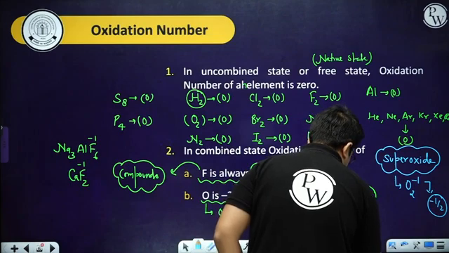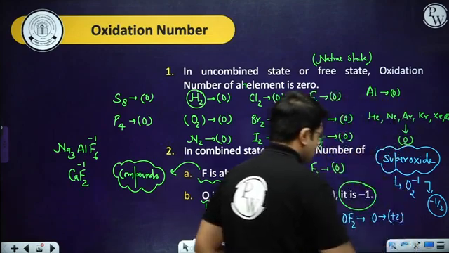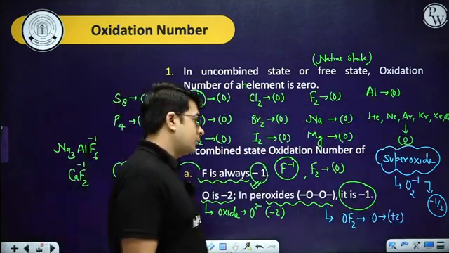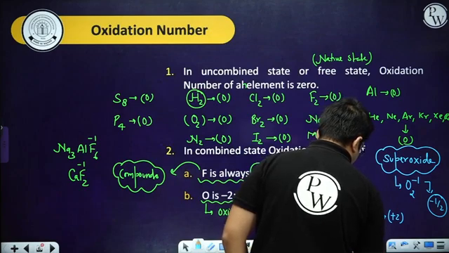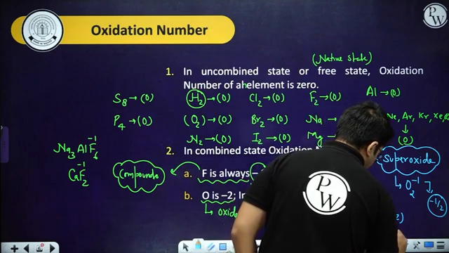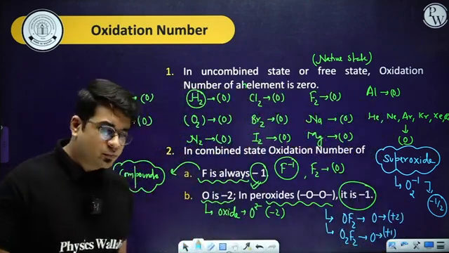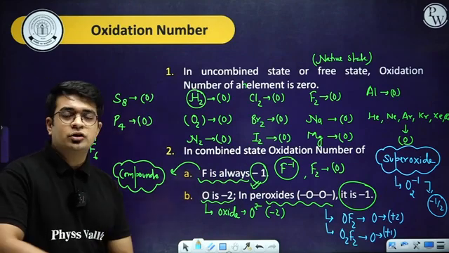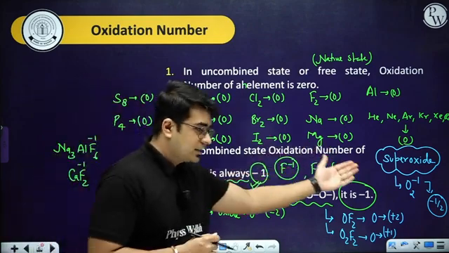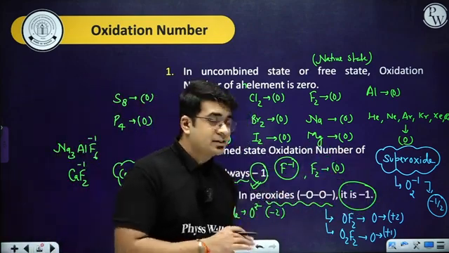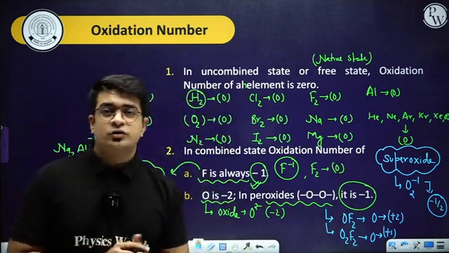There are some compounds like OF2, where oxygen's oxidation number will come out as +2, because F cannot be +1 or +2. In O2F2, the oxidation number comes out as +1. Certain cases are there only, but it's possible. In most cases, oxygen is -2. In peroxide, it is -1. In superoxide, it is -1/2. In OF2 or O2F2, it is a positive oxidation state.